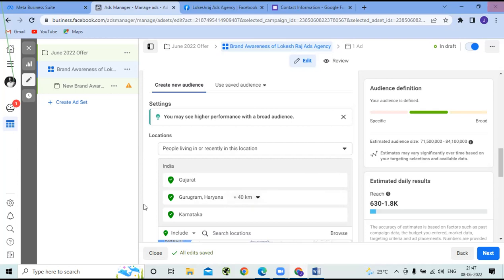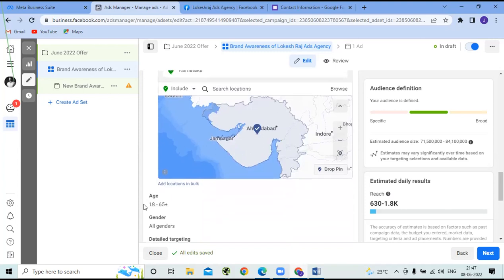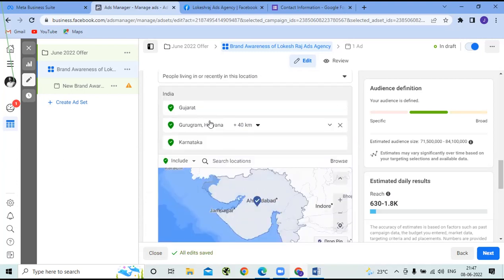यू कैन सेलेक्ट, आपको 3 लोकेशन दिख रहा है, इंडिया, गुरुग्राम और एक सेकंड, गुजरात, कर्नाटका। अभी मुझे उसमें ऐड करना है। मैं सर्च ऑप्शन में गया, मैंने अहमदाबाद डाला। ठीक है, दूसरा भी वहीं से डाल सकते हैं। आपको रीजन को सेलेक्ट करना चाहिए, आप सेलेक्ट कर सकते हैं।